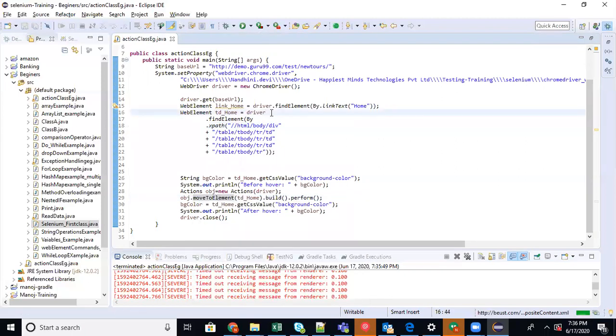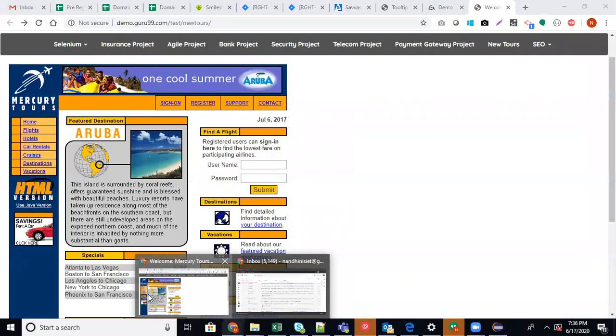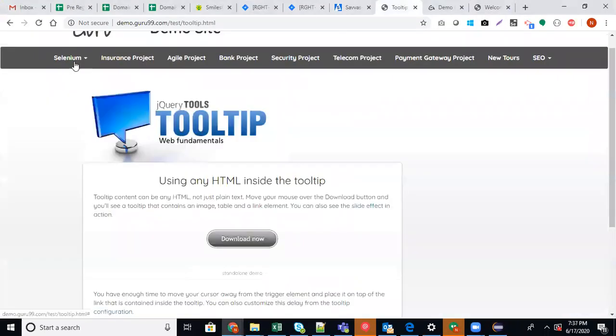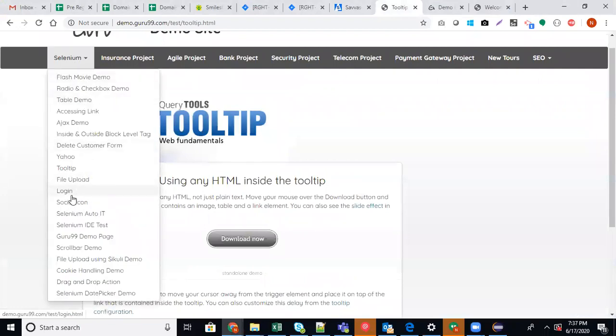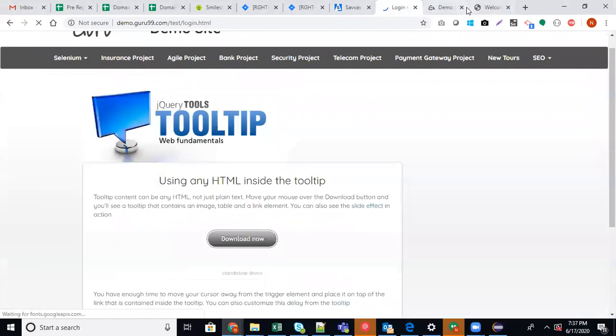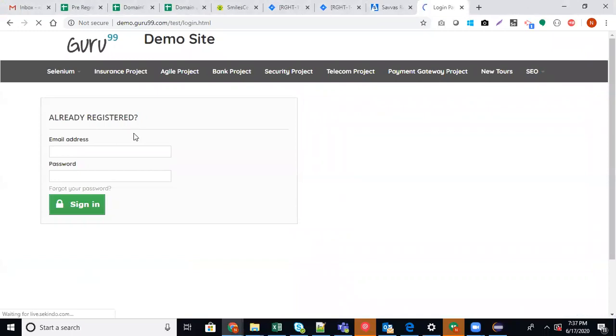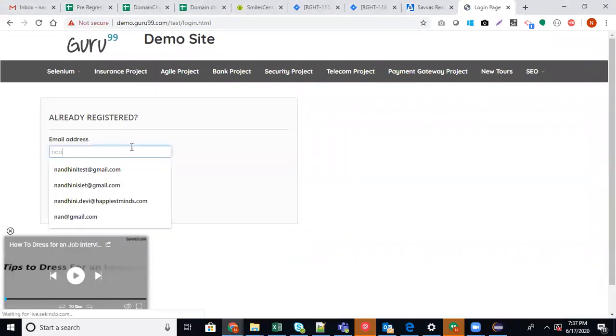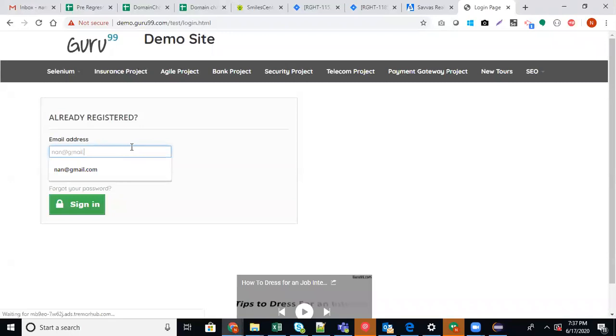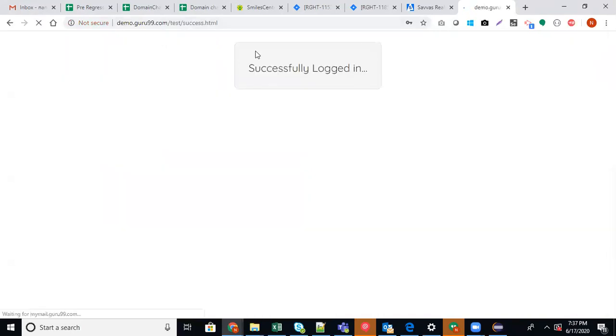This is action class. One more thing I'm planning to cover is alerts. What is meant by alerts? Let's take a login page. I'm just logging in with some username and password and signing in. Once you sign in, it will give you a success message.